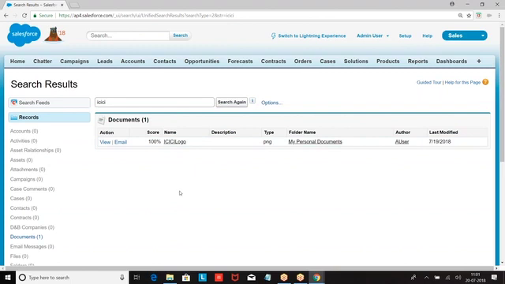Now when you are creating a document, it is asking in which folder you want to store. While creating a document, it is asking you in which folder you want to store. By default, the default folder is used. Now, you want to create your own folder and you want to